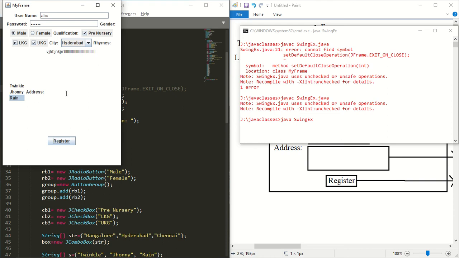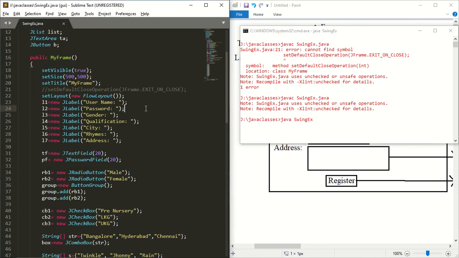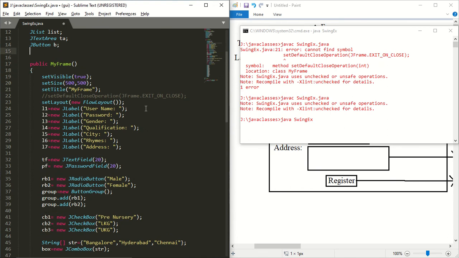Now my requirement is, I want to add some scroll pane into this address field. So how to add a scroll pane? So this is my requirement now. For this I am going to create a scroll pane. Okay, so JScrollPane SP.